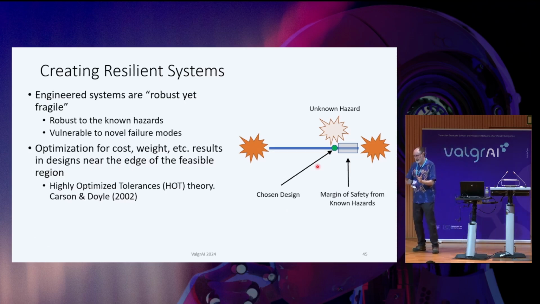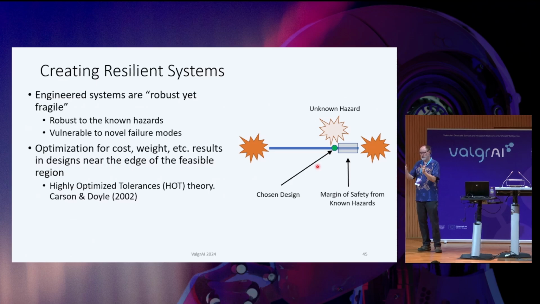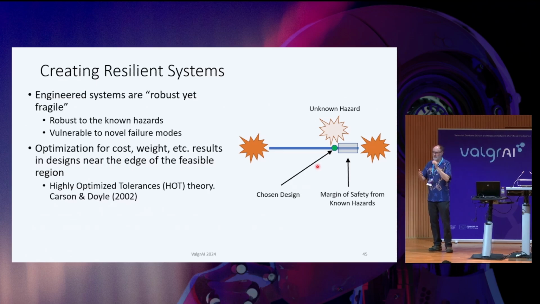So as designers, of course, we put margins of safety for our known hazards, but then we optimize for cost, weight, ease of manufacturing, various other engineering criteria that we're trying to optimize. And the result is that perhaps there's another dimension that we're not aware of, where there's a hazard that we are not aware of, and we might be very close to that hazard because, when you do constrained optimization, the optimum is almost always at the boundary of the feasible region. And so the trouble is that we will be at the boundary of this feasible region that we don't even know about, which is with respect to this hazard.